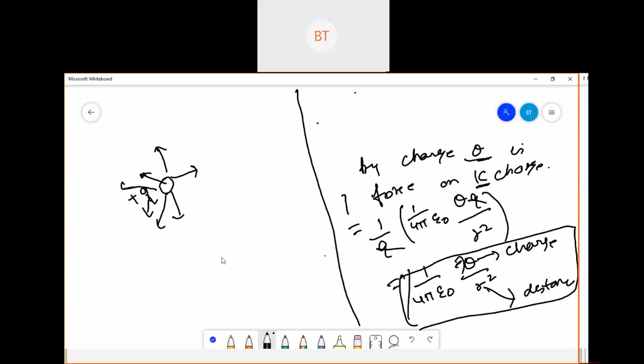So now if I consider this charge at the origin, suppose I am assuming it as the origin here. If I wanted to calculate the electric field over plus Q here, what will be the direction of the electric field? It will be outward. Let us try to understand like this. If I assume one plus Q charge, I will denote its direction like this. This is the origin, and if you are asked to calculate the electric field here because of this point charge, what electric field are you getting?